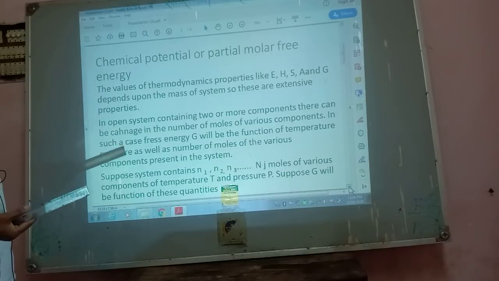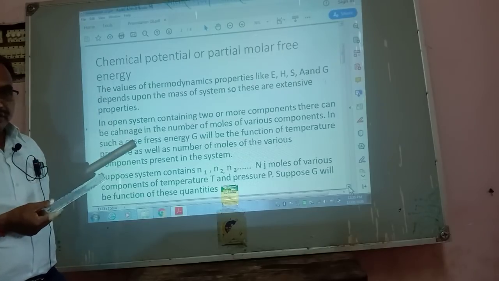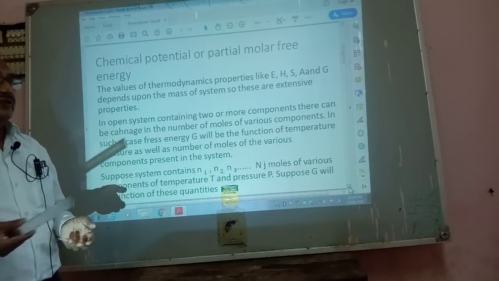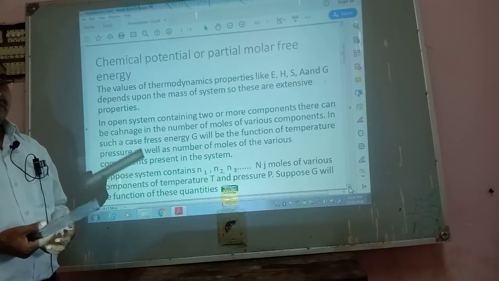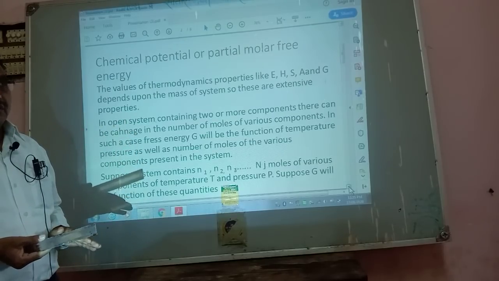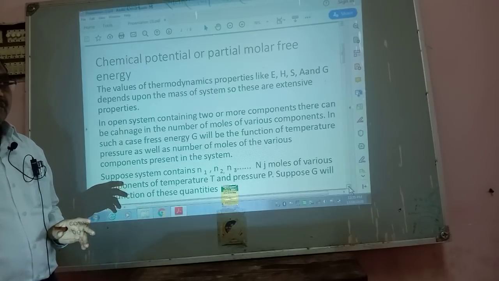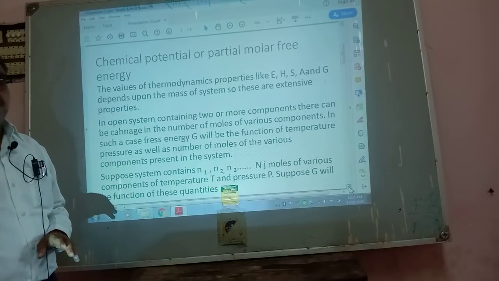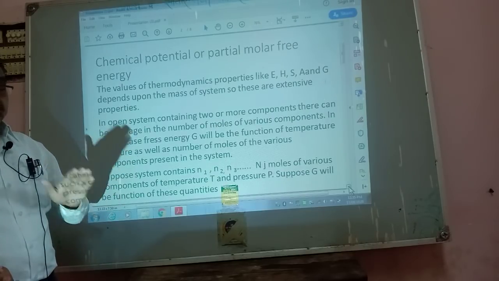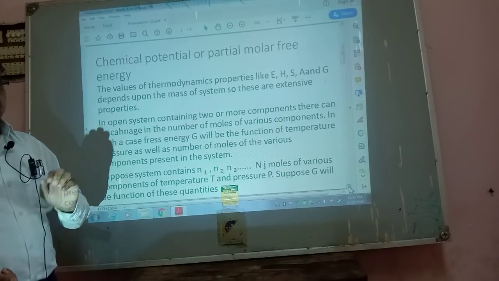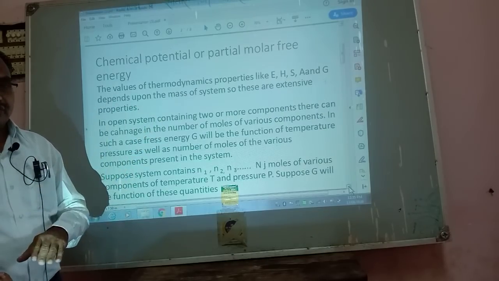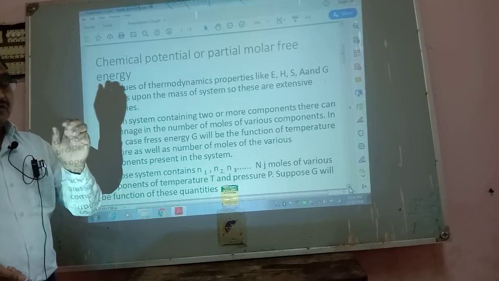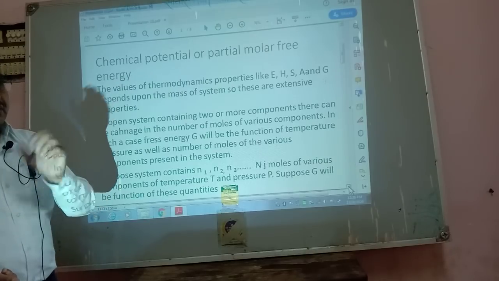All of us know that if we take 100 ml water and 100 ml HCl, and mix them, then the volume must be 200 ml. But it is found that the volume is not 200 ml, it is less than that. Sometimes it comes out to be 195 ml, or sometimes 193 ml. Means the volume decreases.